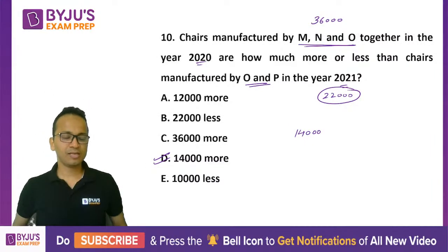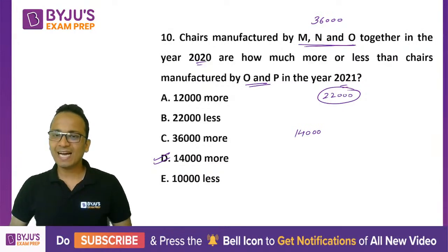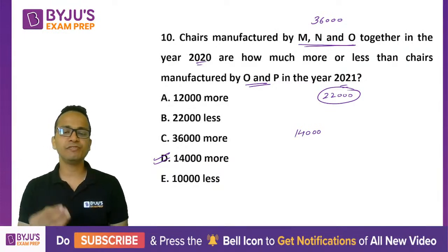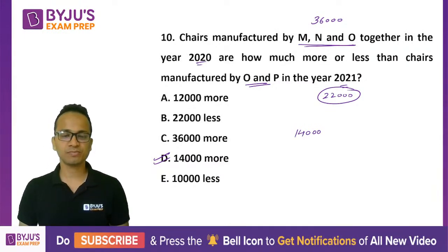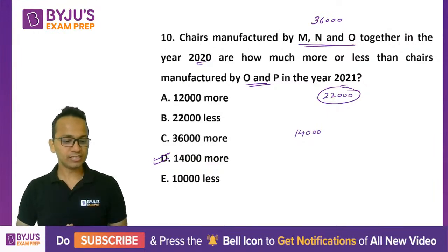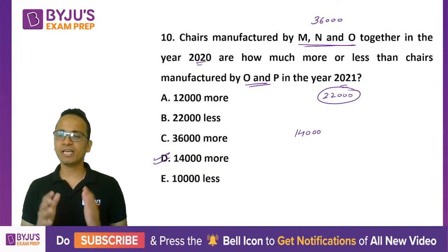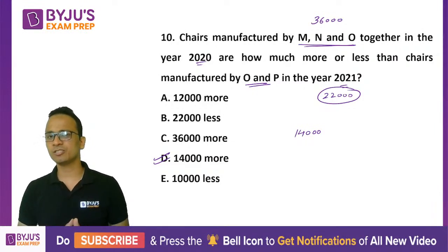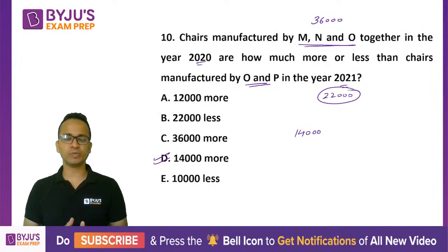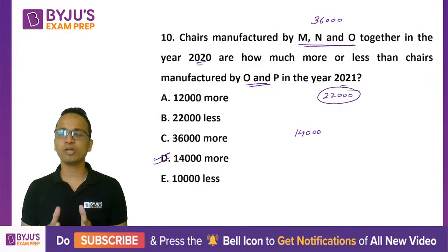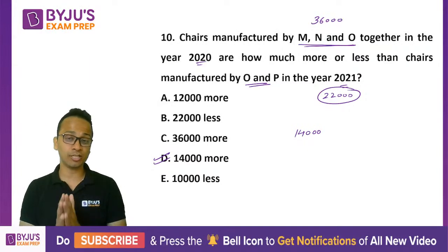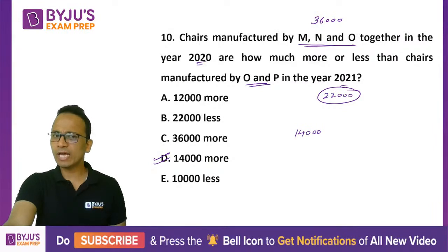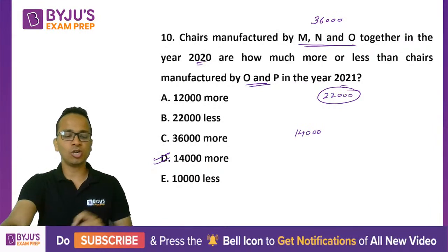All right. So we can see that after decoding the set, all the questions can be answered in 15 to 20 seconds each, right? Okay. So friends, that is all for the day. Today we have taken caselets in data interpretation. That was the session in the series of sessions for crash course for MAHCET 2022. I hope all of you are going on the right direction, on the right path for the preparation of this examination. Definitely do catch us for some more sessions on MAHCET.